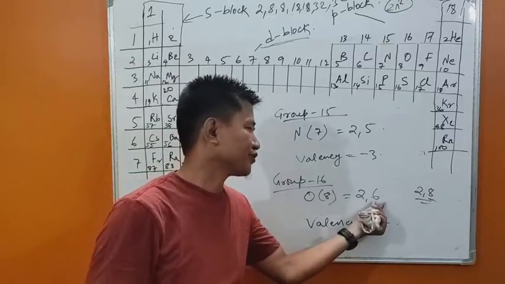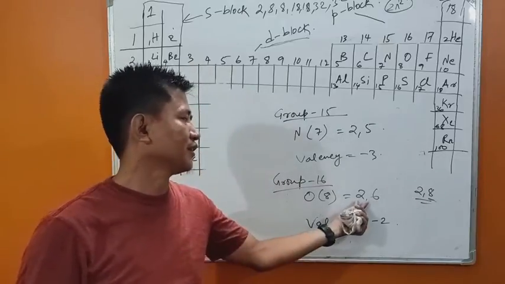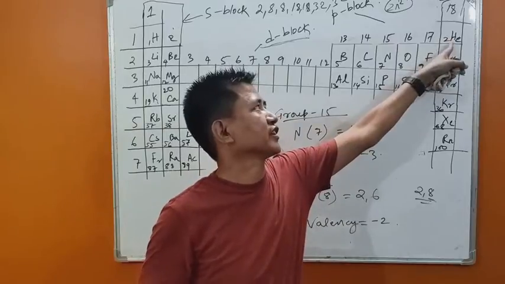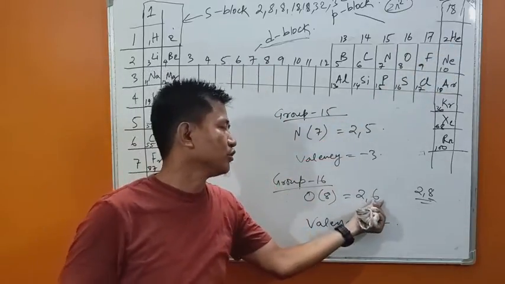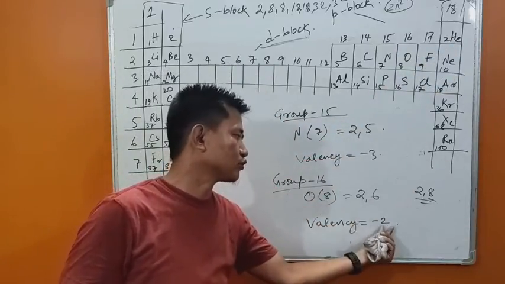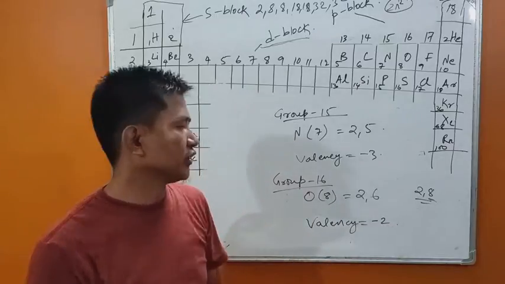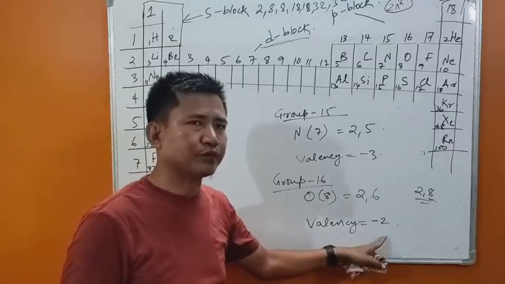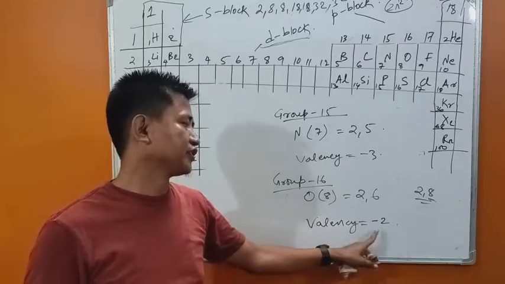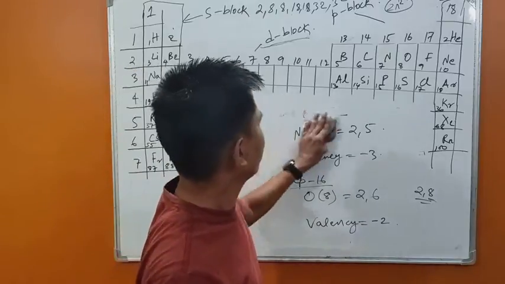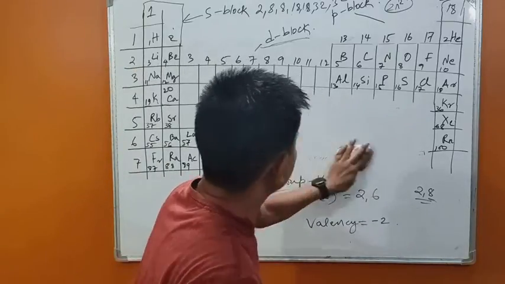Oxygen doesn't lose 6 electrons to make the helium configuration, that is 2. Oxygen wants to gain 2 extra electrons. So after gaining 2 extra electrons, it will acquire a negative charge, isn't it? So the valency of oxygen is -2. Are you getting me? Yes. Now